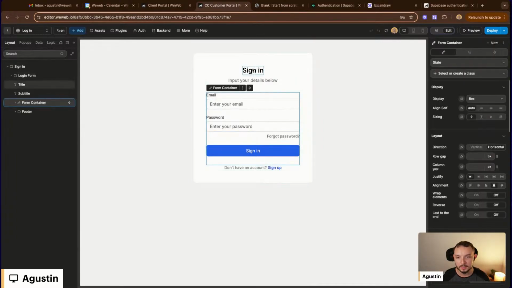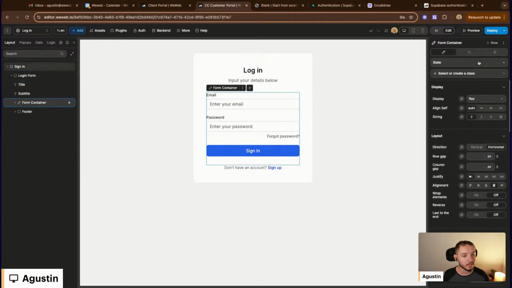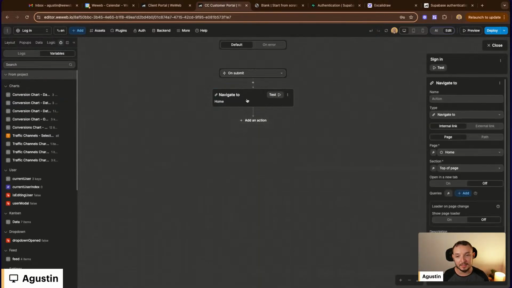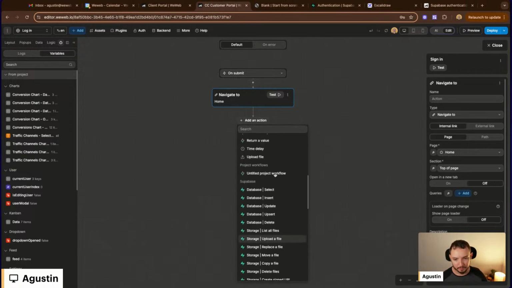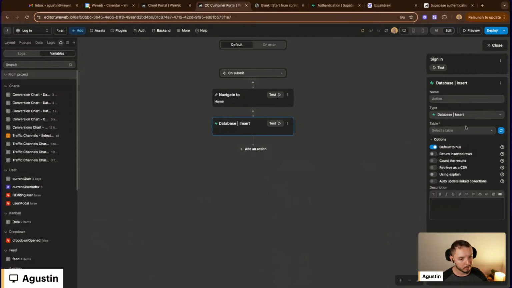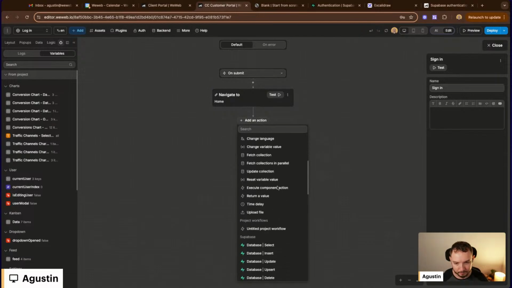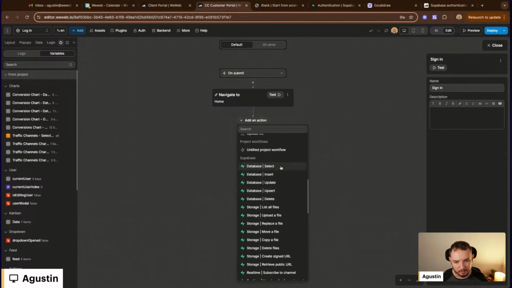So if I click here, let's just call it login so I don't get confused. On the login page, the only thing it's doing is navigating. It's not actually logging me in. So what I want to do is create an action for our database, which is going to be insert. Which table do I want to insert? Actually, I think I'm going to need the plugin. It's not database, it's actually